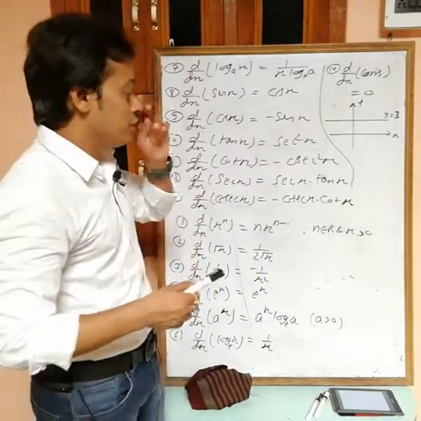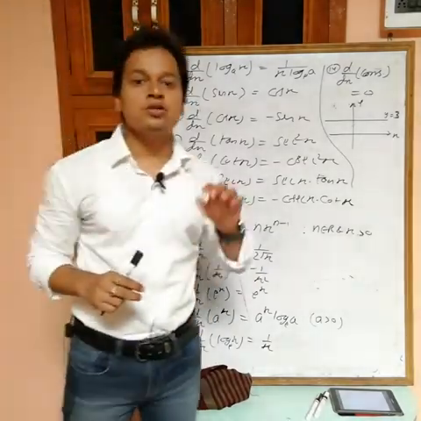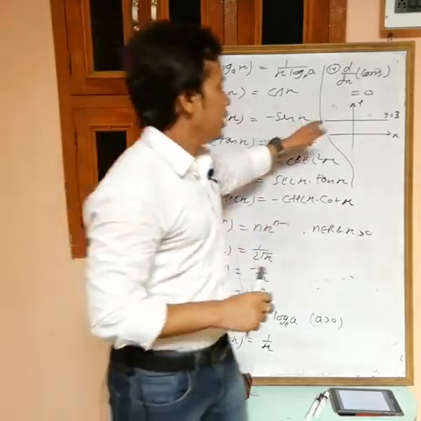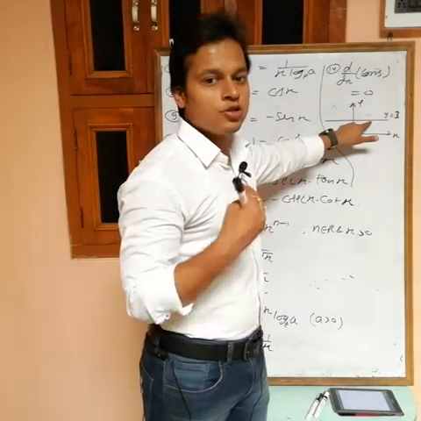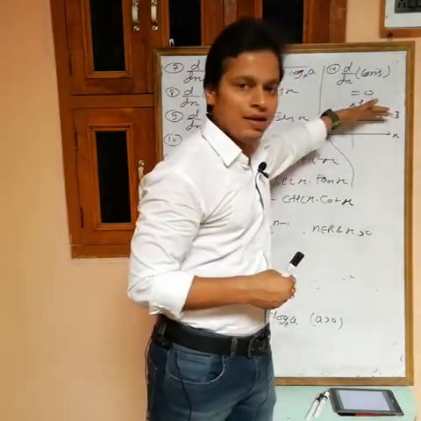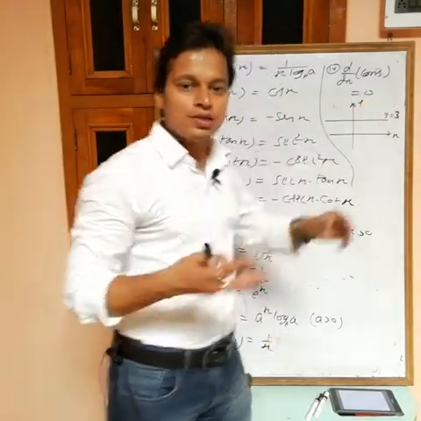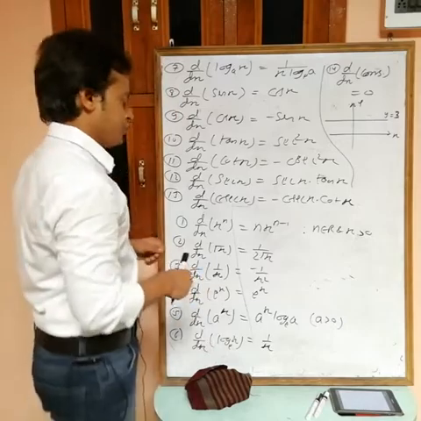And also by using the geometrical meaning, which is slope of tangent. Now take any point on this curve. Suppose this one. Now find slope of tangent. If you draw the tangent at this point, then what you will get? A line parallel to x axis. Then slope of tangent is 0. Then derivative is 0. Okay, simple.